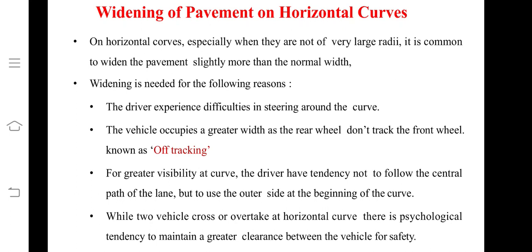Normally, the rear wheel follows the inner path on the curve as compared to the corresponding front wheel. This means that if the inner front wheel takes a path on the inner edge of the pavement at a horizontal curve, the inner rear wheel will be off the pavement, on the inner shoulder. The off-tracking depends upon the length of the wheelbase of the vehicle and the turning angle or radius of a horizontal curve. Right? Thus, whatever is the required extra widening of a pavement on a horizontal curve, it is denoted by WE.